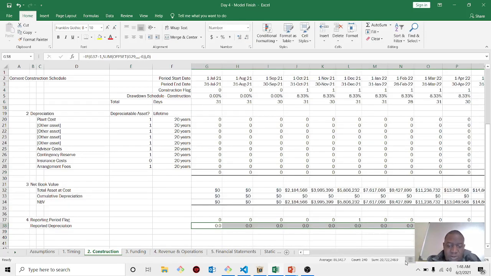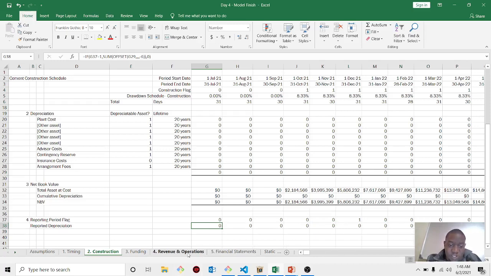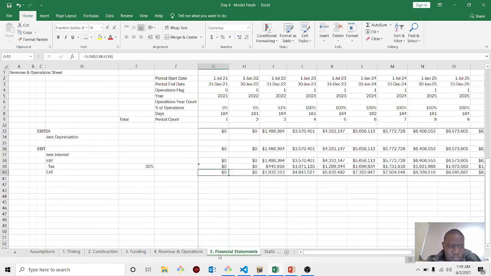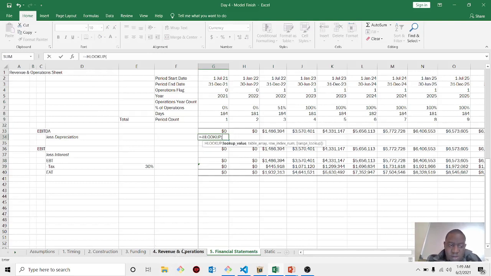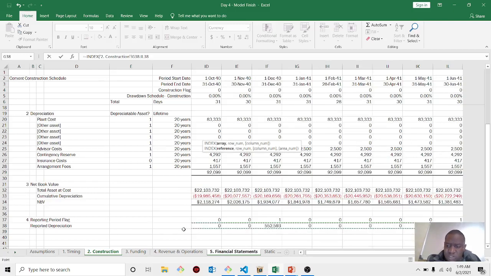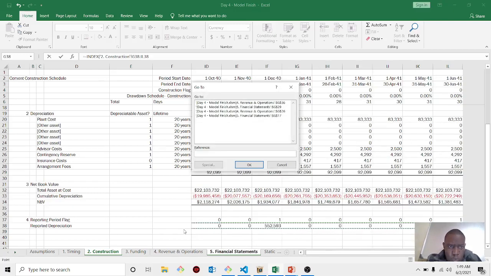So this way now, instead of having a sophisticated formula of picking the depreciation, we could literally just look for the date. VLOOKUP, remember VLOOKUP, the very simple VLOOKUP? It comes in very handy here. So equals, we know it's going to be negative, and we say HLOOKUP. What would we like to look up? In fact, HLOOKUP, that's way more complicated. Let's just use index. So equals minus and index, and we'll go to construction, and then we'll take the reported depreciation, F4,